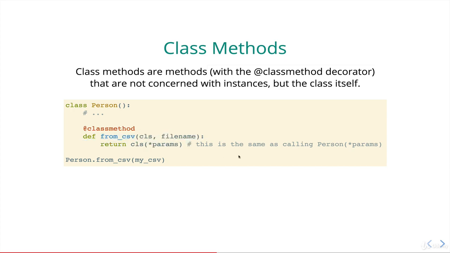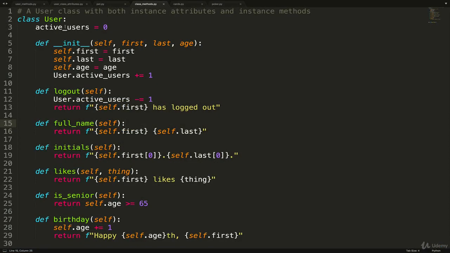Okay, so let's actually define our own. Here I have that same user class we've been working with. I just made a new file called classmethods.py and copied this in. So I'm going to show you two examples of class methods. The first is going to be a simpler example that's not all that realistic, and the second is going to be a more common use case for class methods, but it's a little harder to grasp. So I'm going to start with the basic one.